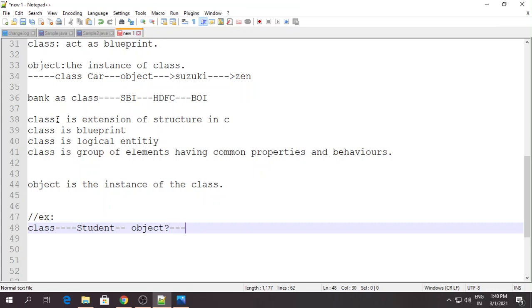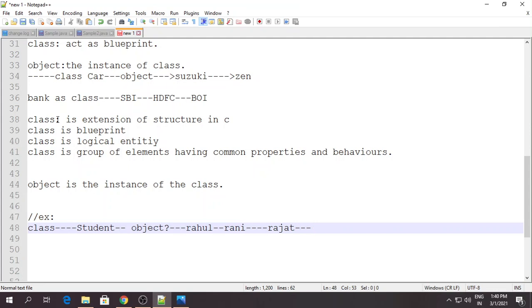Very simple. Suppose there are 60 students in a class. The first student is Rahul, so Rahul is an object. Rani, another student, is an object. Rajat is another student and an object. In this way these are the objects. So for a single class there can be a number of objects. This is the concept of class and object in programming language.